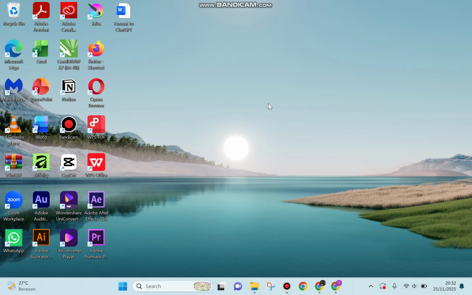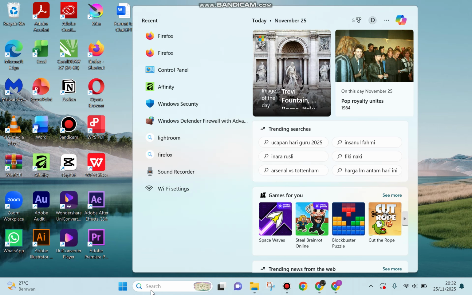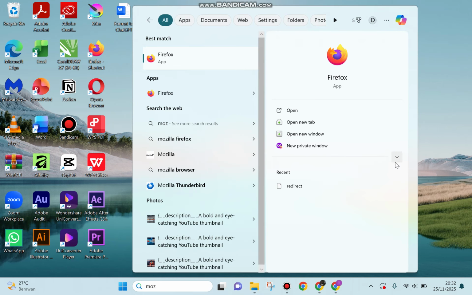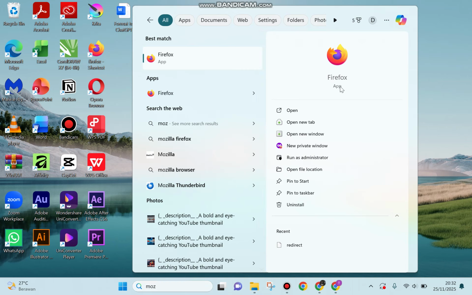Well guys, have you ever experienced this before? Once you already install Mozilla, and you don't find the shortcut over here, well guys, actually you can still access Mozilla by clicking this search and typing Mozilla, and this browser is ready to use guys. However, if you click this section and hold it to the desktop, unfortunately it cannot be the shortcut for you